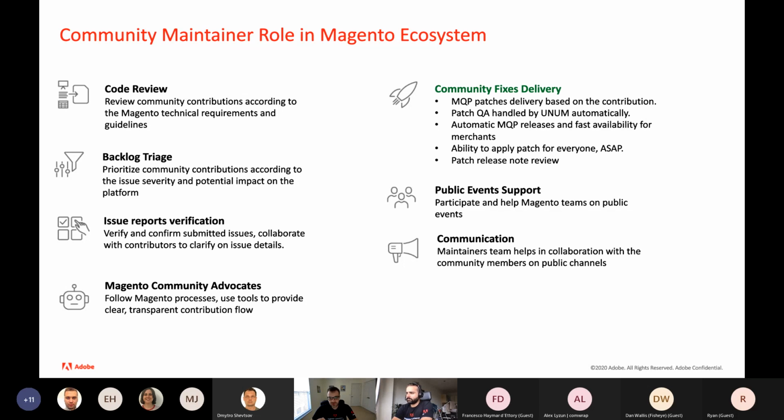So the maintainers team will review the contributions and will actually be able to deliver such contributions to the MQP team as patches. And as Gabriel mentioned before,